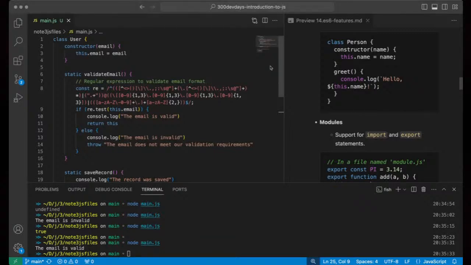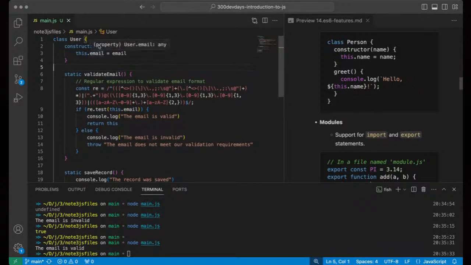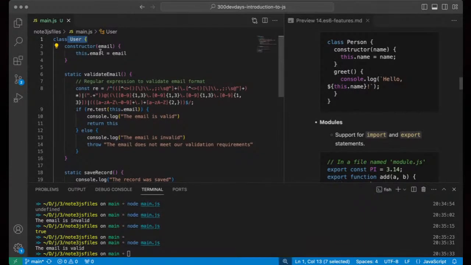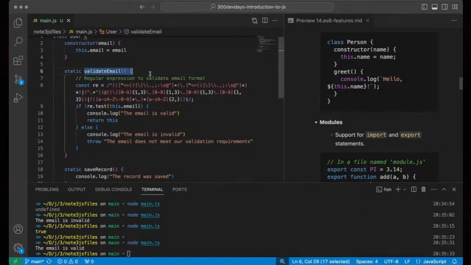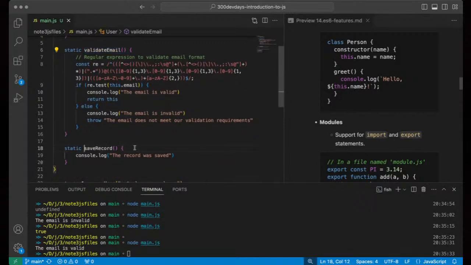But as for the pattern I'm trying to show you here, I'm trying to show you how you can realistically apply a class into a process, a business process, right? Something you would find yourself doing in actual reality. It's not creating an employee class here and there, but trying to apply the concept of classes into solving problems. Now, this is an example use case where we create a new user. Of course, you might have more details like email and password and all that, right? You want to encrypt the password, or you want to hash the password. Then you want to perform email validation, right? Probably want to send an email to see if that email actually exists. You also want to save records, right?